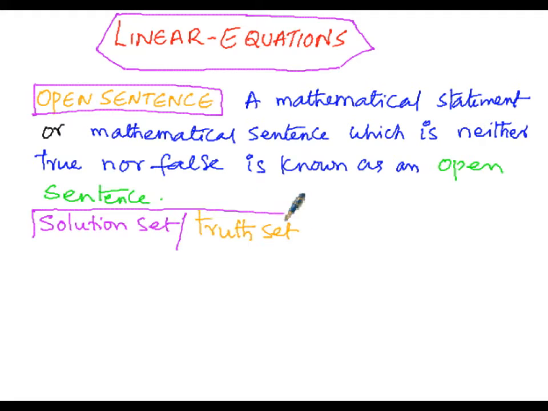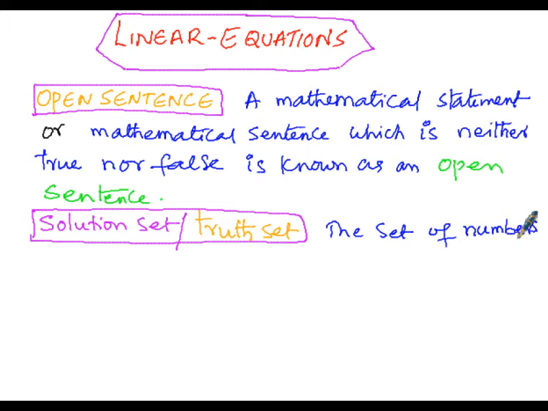So the definition of a solution set, otherwise called the truth set, is the set of numbers, or in other words they are the values of the variables. So we will be substituting the values in the place of the variables,